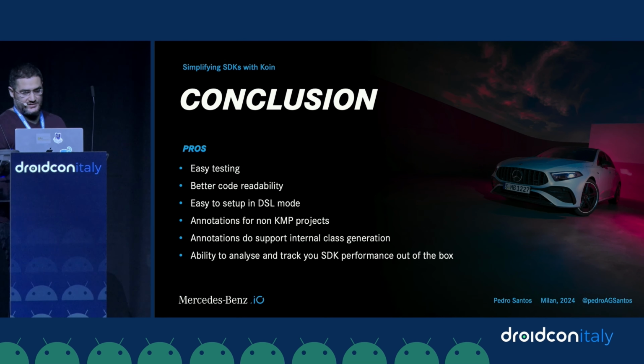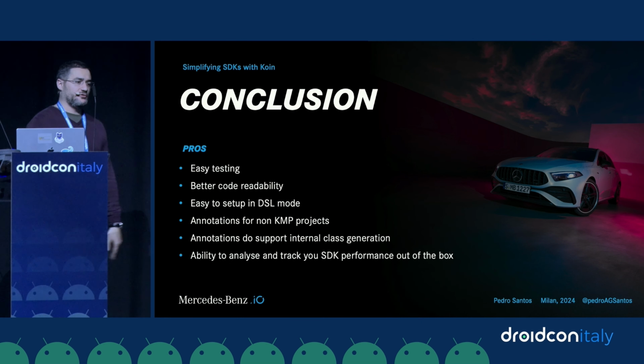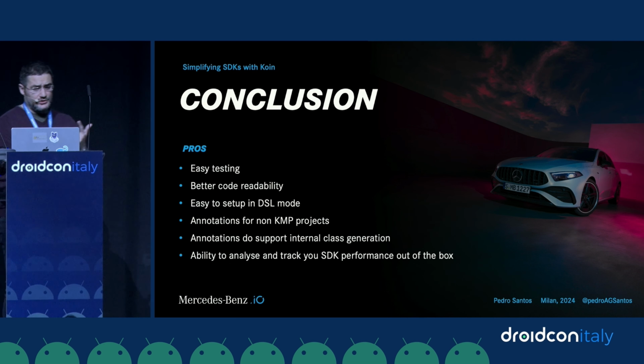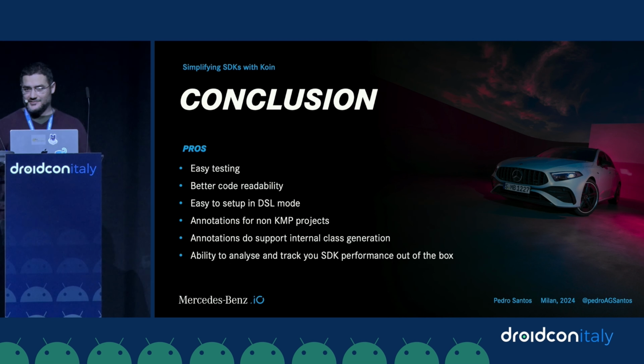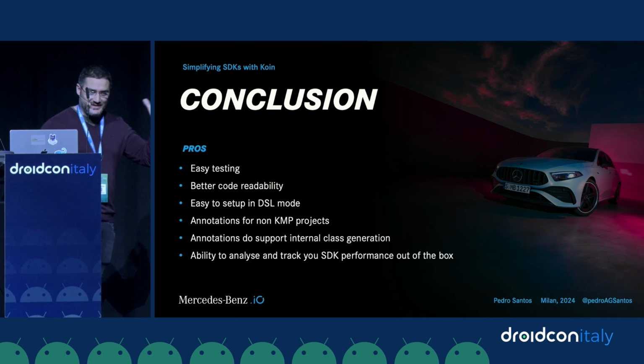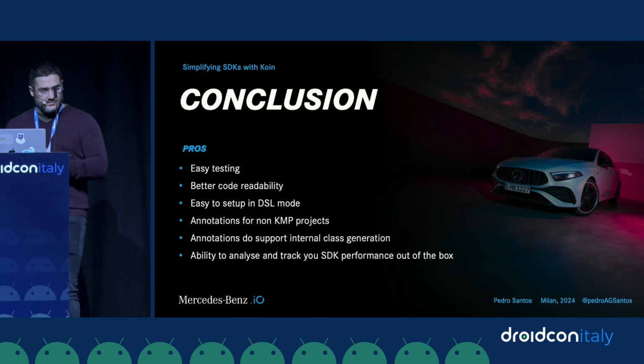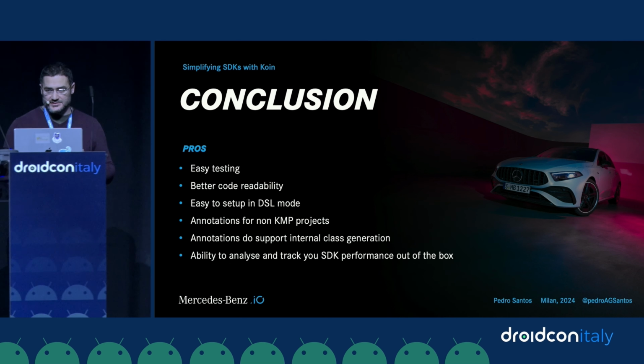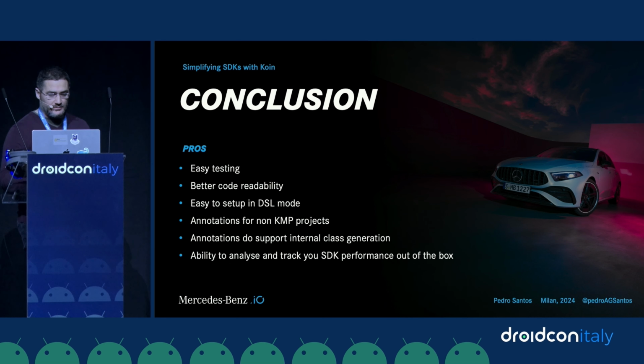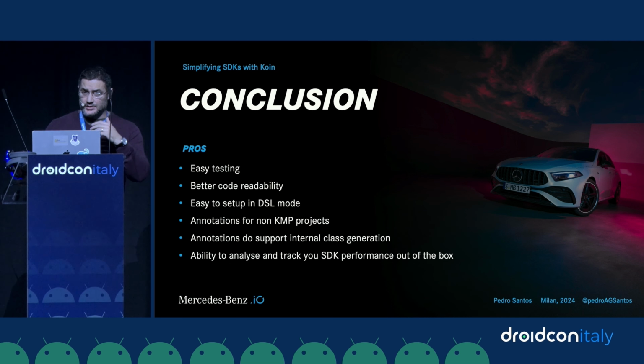There are a lot of pros, as you've seen, like easy testing, better code readability. You can use DSL. You can actually use annotations, but with non-KMP projects, or otherwise you'll have to bring all this setup that you saw there. And I have the feeling this will change in the meantime, because it's not going to stay like that. It's quite painful to do that in KSP for KMP. And if you use annotations, they do support internal. So if you annotate a class as internal, the one that is generated for you is also internal,